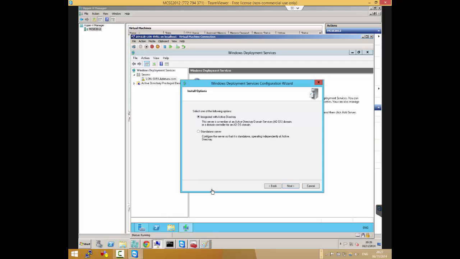The other thing I'll add to that though is if you think about it, WDS is all about automating deployment. You want deployment to be automated. And in the process of automating your deployment, you can push it as far as you want. So you can say, okay, I'm going to automate deployment, I'm also going to automatically join it to the domain. If you want to push it that far, it definitely needs to be integrated with Active Directory.